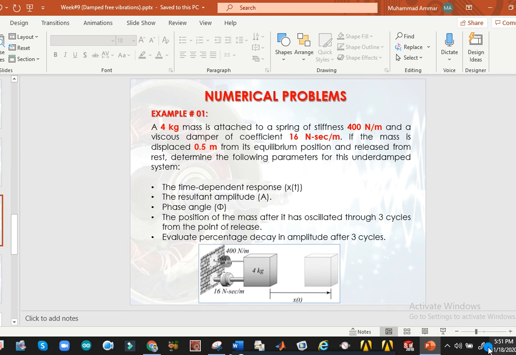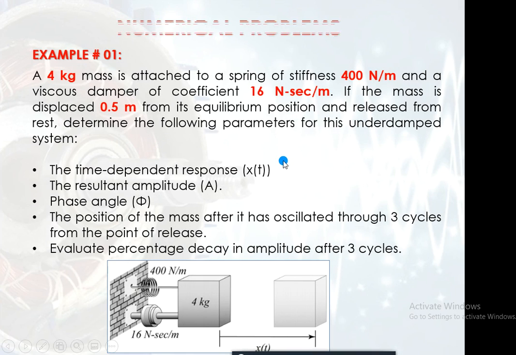We will put that expression, after writing that mathematical model for the underdamped case where a and b are the unknown arbitrary constants, and we have been provided with the initial conditions. For example, here we can see that initial displacement is 0.5 meter and initial velocity is 0. So after putting the above boundary conditions, we will have the value of a and b. When we put back the value of a and b in the main response function, it will be the time dependent response function that we can easily plot on MATLAB with respect to time.